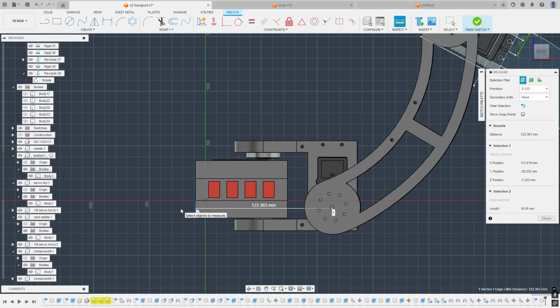120 times 2 plus, say, 100 for the body plus 500 for the legs. We have 800. Wait, no, plus another 500 for the other leg. We have 1,340 millimeters. So 1340 millimeters in